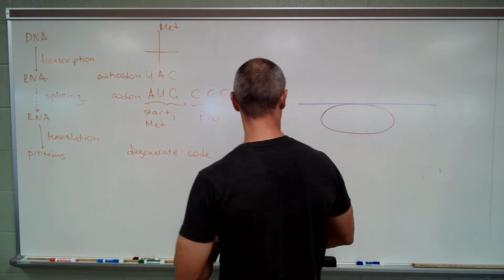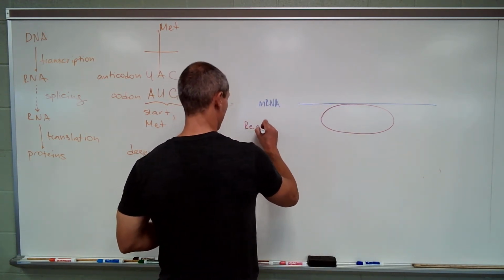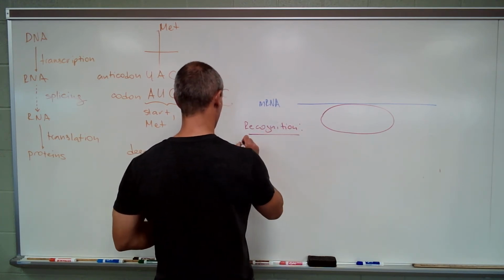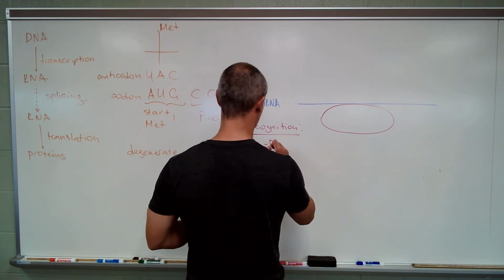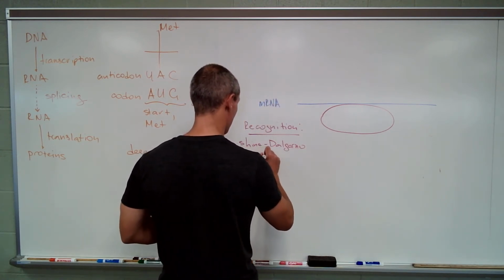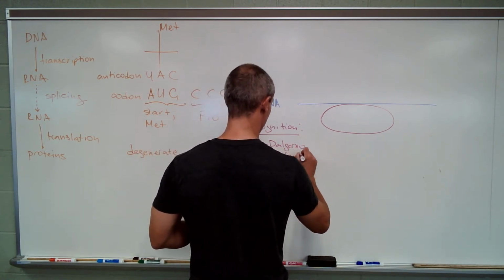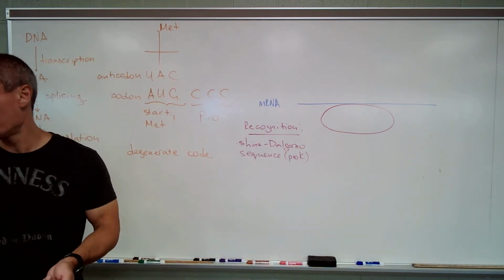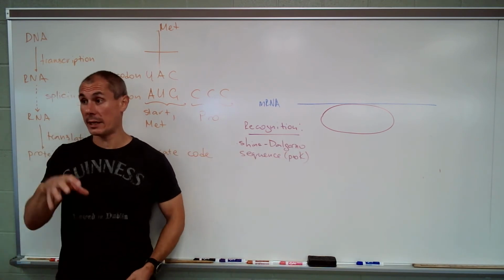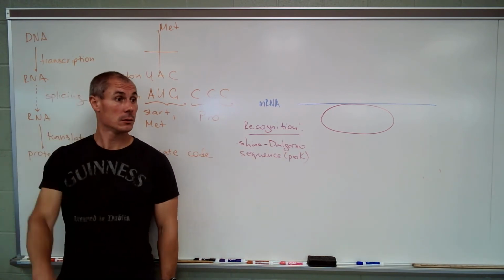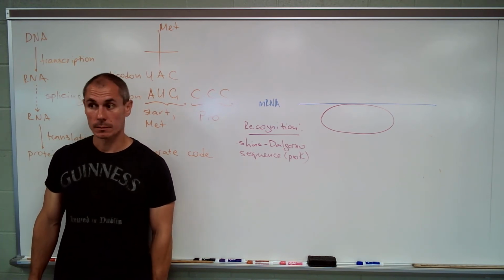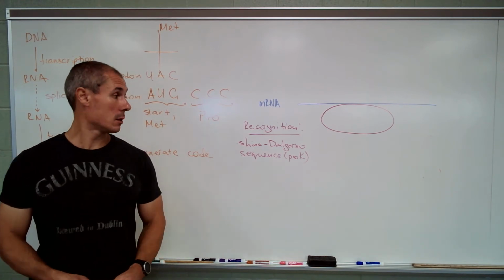So the recognition structure is the so-called Shine-Dalgarno sequence in prokaryotes, okay? It's a special sequence that is on the RNA. So the ribosome recognizes the sequence and says, I'm slapping myself here. Does that make sense? And on